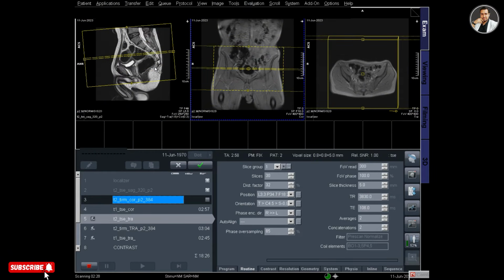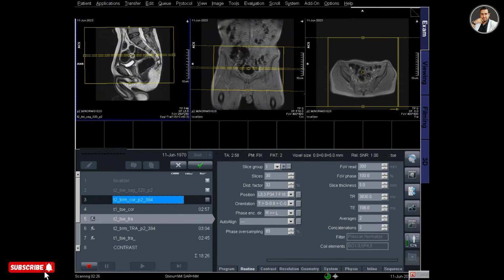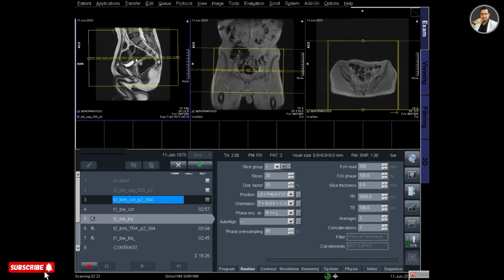So now I am planning for T2 transverse. For this I have to plan on the sagittal and coronal image.